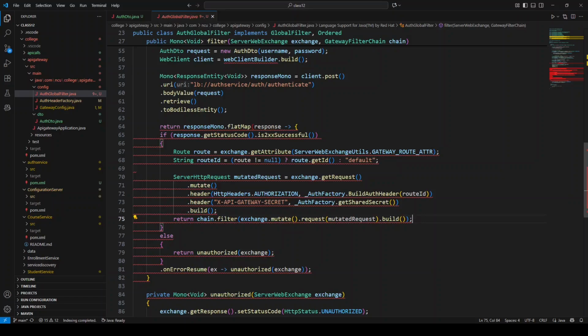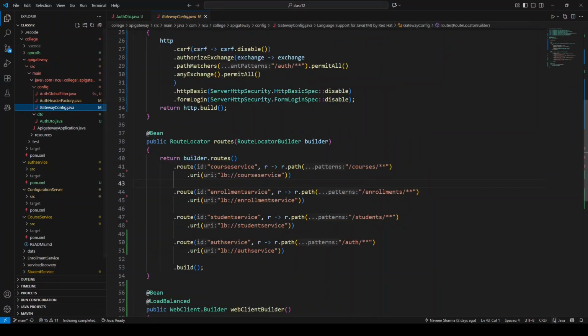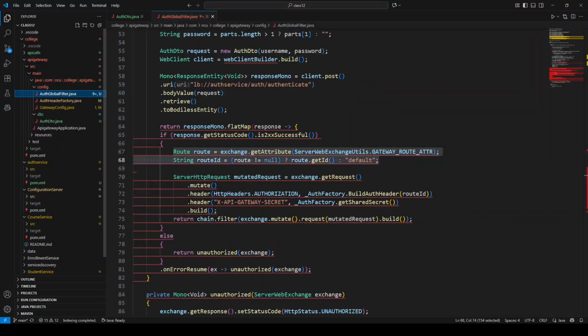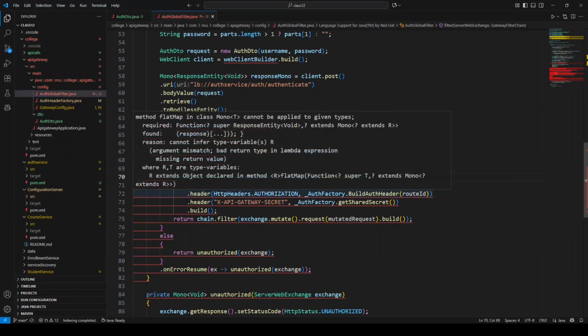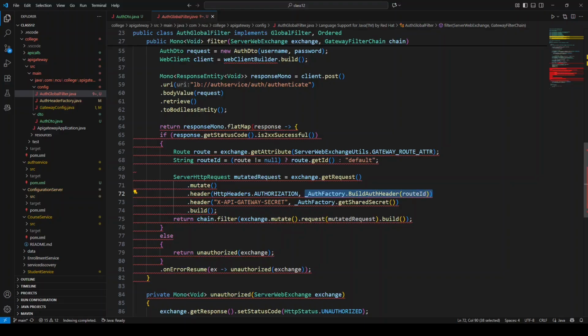So in case it's a core service, what it is doing is it is getting the route and the route ID, and route ID is these. So let's say it's core service, so then the route ID is core service, and it gets the core service route ID. It sends that core service string to the